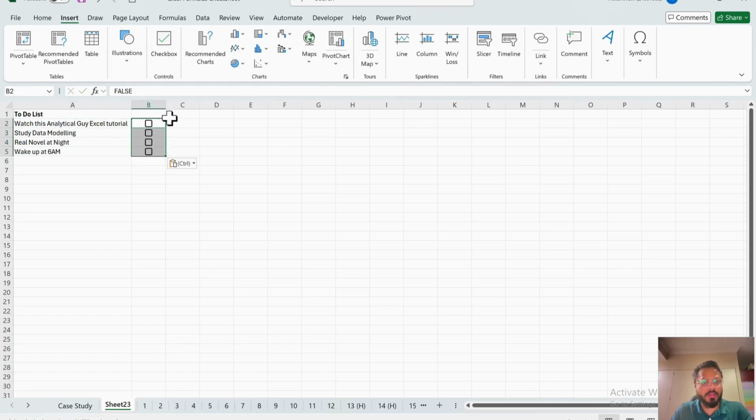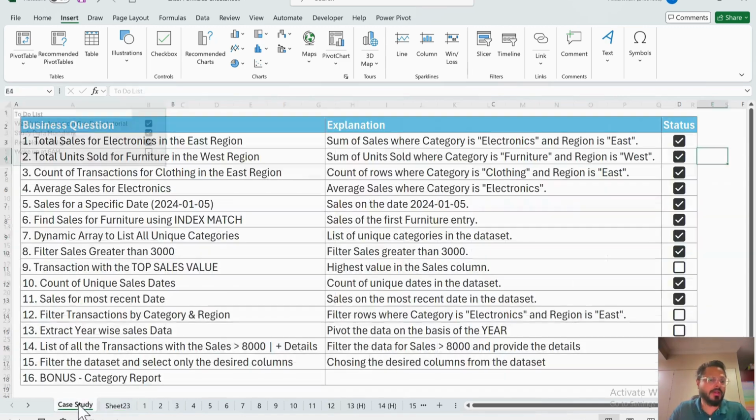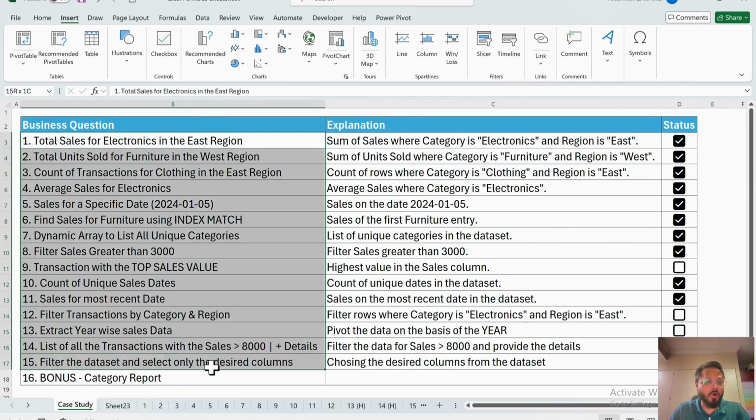You can have this and you can track this. So let's say you watch this video, so tick mark, study data modeling. Once you're done, you can do this, and this can be kind of a checkbox list that you can create. So coming back, we have worked on all these 16 cases,